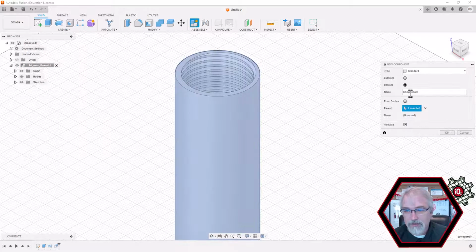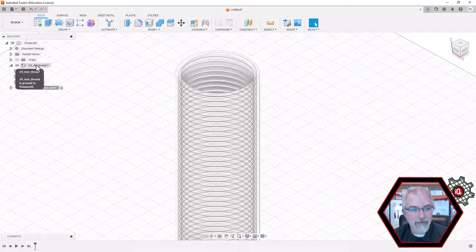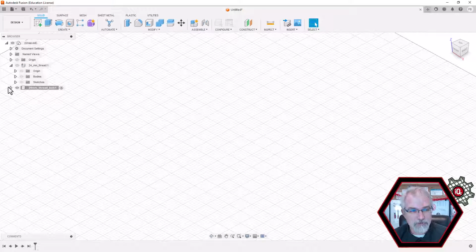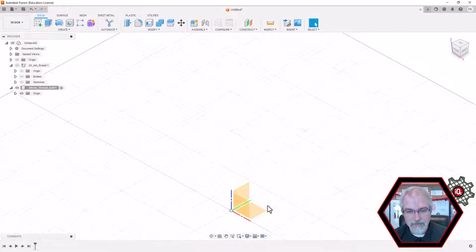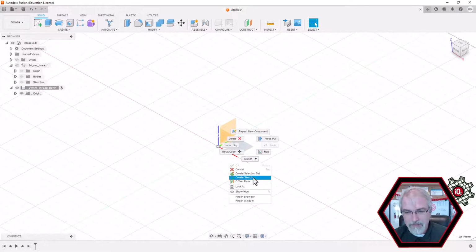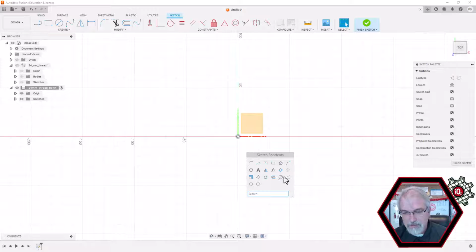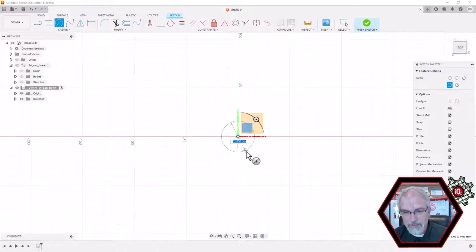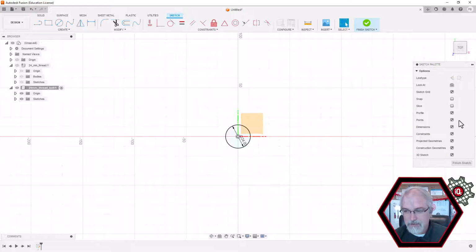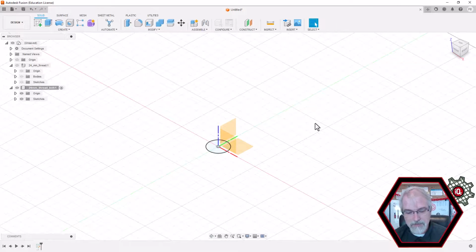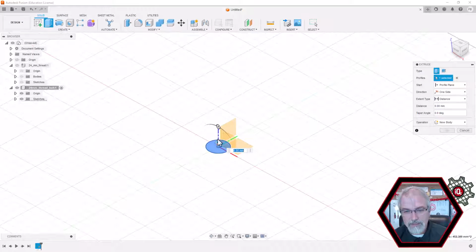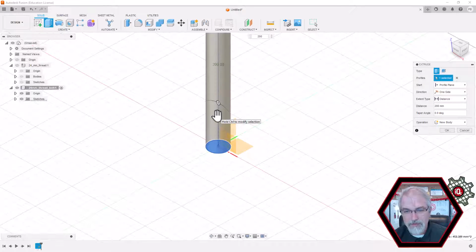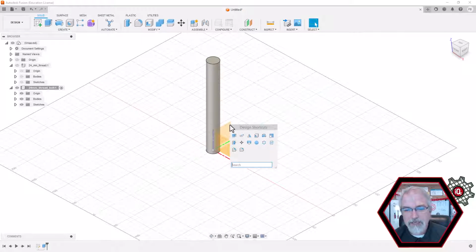Now we need the other side of the thread, like the bolt. So we'll say New Component, 24mm thread bolt. We're not really going to make a bolt, we'll just make the thread that you could use for a bolt. Select Origin. Gotta zoom out a little bit there. There we go. Okay, right click, create sketch. This one's even a little more simpler because we don't need the inner. So we'll say 24, finish sketch, Q for press pull, select that, type in 200,